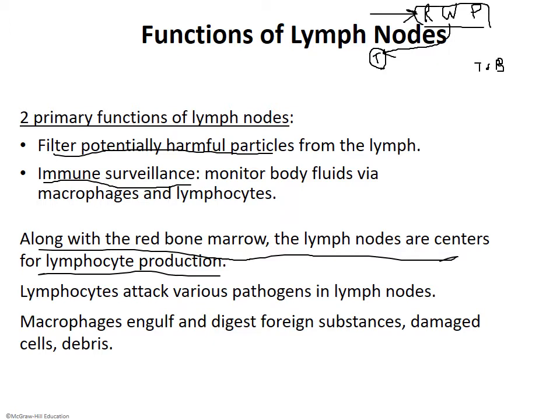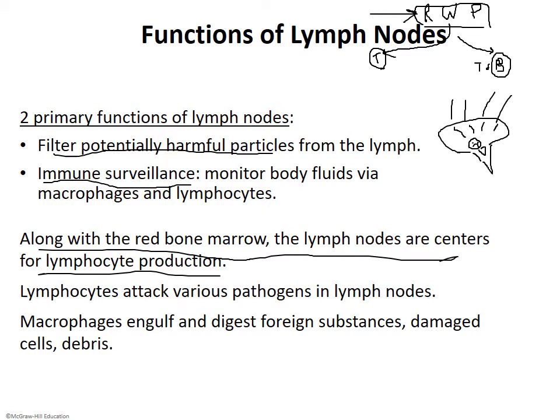Now, T and B cells, which B cells stay in the bone marrow and mature, I wish that was the reason they were called B cells. We'll look at that in a minute. But T and B cells, when they're in a lymph node, so let's say I've got a lymph node and I've got afferent capillaries coming in. I'm going to try and draw it to where I've got one coming out, right? So as they go through here and the lymph is filtered, if in this lymph fluid I see a bacteria that's up to no good,